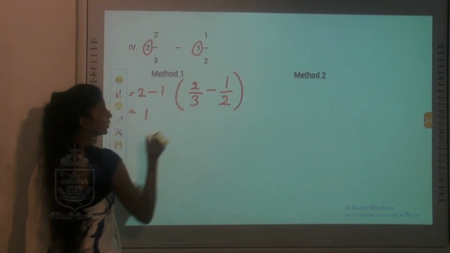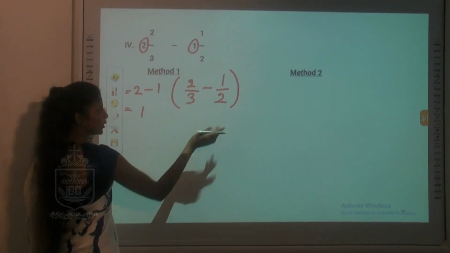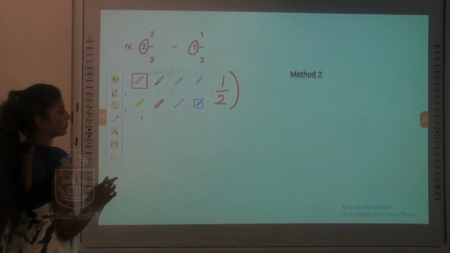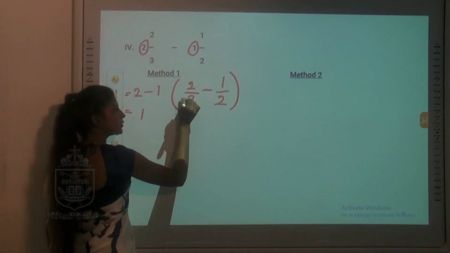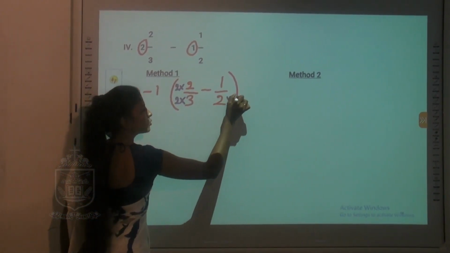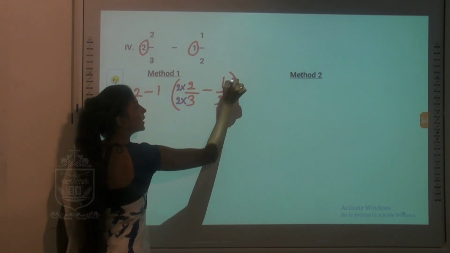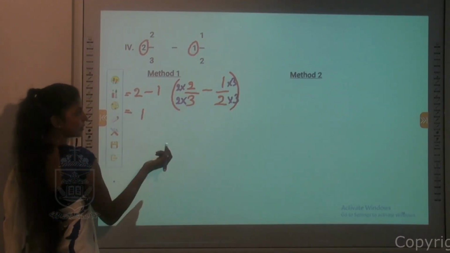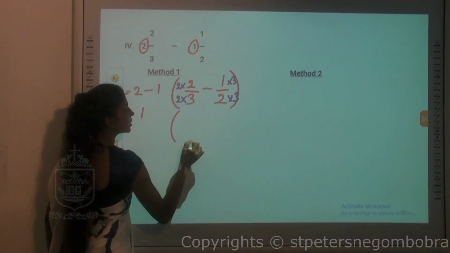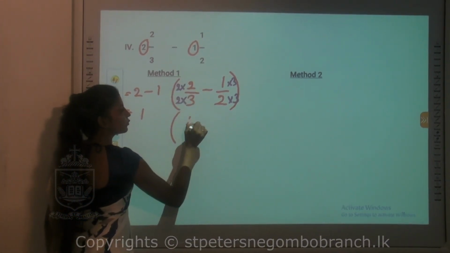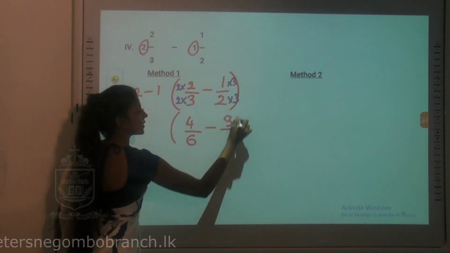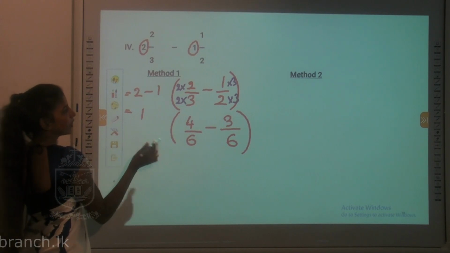Right? So here you all can see the denominators are not common, therefore you have to make the denominators common. So let's multiply. It's easy for me to multiply this by 2 and make 6, and it's easy for me to multiply this by 3 and make it 6, the denominator 6. So here the denominator will be 6, 2 times 2, 4, minus 1 times 3, 3, 2 times 3 is 6, right?